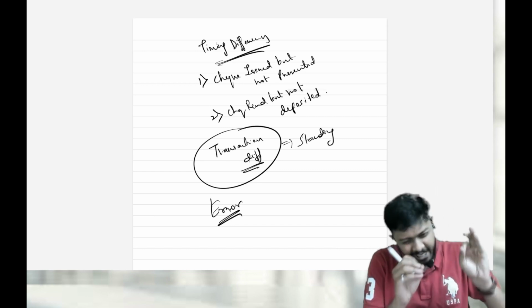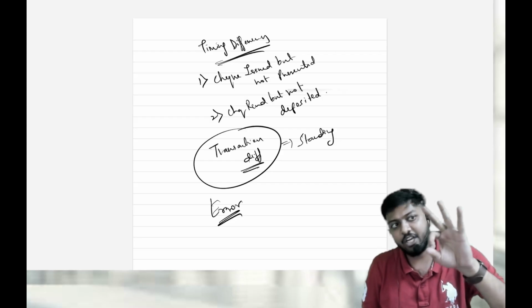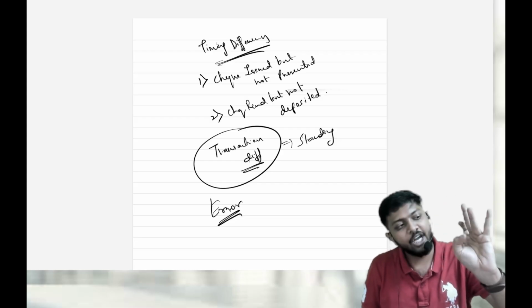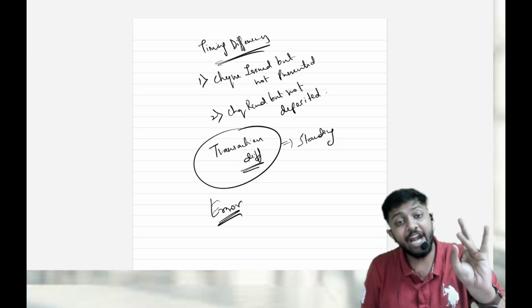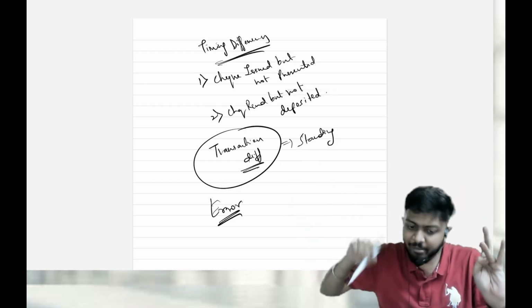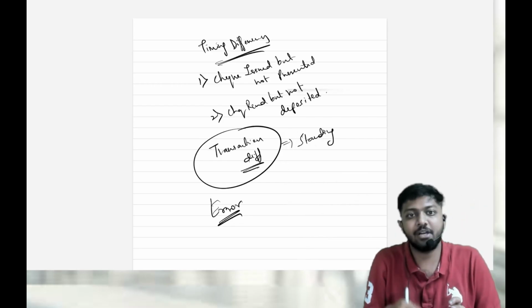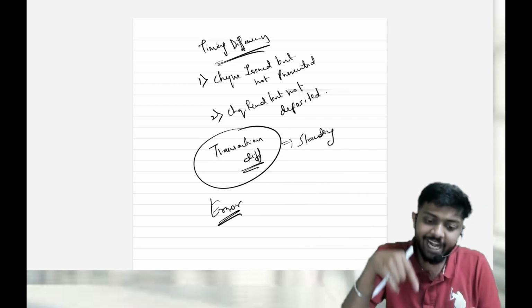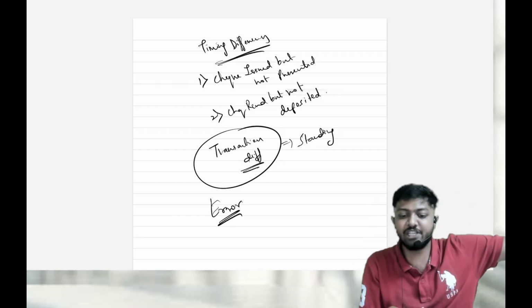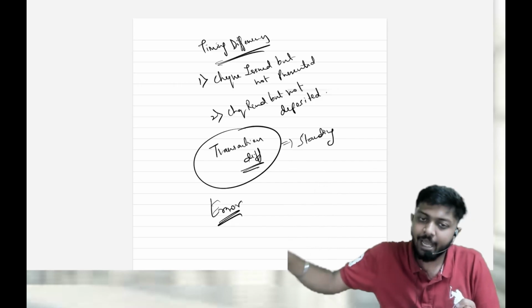So generally, that's why only three things will come under BRS under the adjusted cash book method: your cheque issued but not presented, your cheque received but not deposited, and errors made by the bank. These three things will come in BRS only. Because if the bank makes some error, how can I rectify it in my books? Not possible. But if I make errors, I can rectify that. That will come under the adjusted cash book. But if the bank makes an error, I cannot do anything. So bank error will still come under BRS.